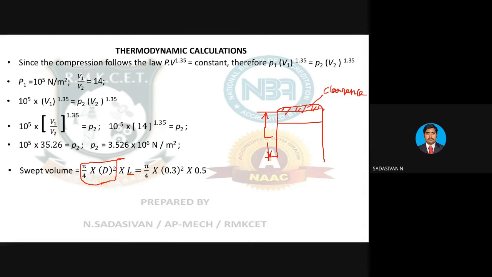Okay, remember that. So how to find out the swept volume? π/4 D square into L. Okay, so find the swept volume first. We will see why we are finding it later. First find the swept volume. π/4 into diameter 0.3 squared, stroke length is 0.5. So I am going to find out the swept volume, 5.35 meter cube. Okay, I really insist you to follow these calculations with the calculator. That is why we are splitting the slides so that the answer will come later, so that you may not straight away look at the screen and write. Take some time, use the calculator, try to check whether you are getting the same numbers.